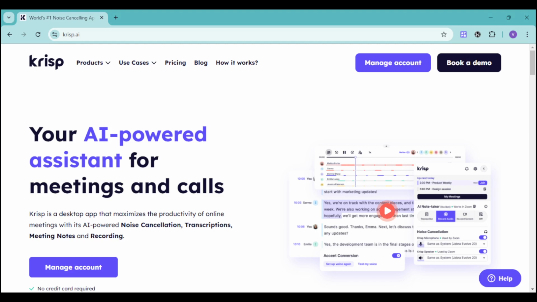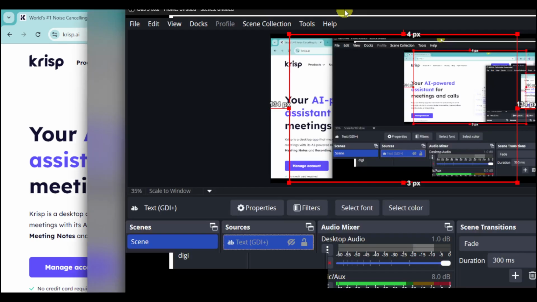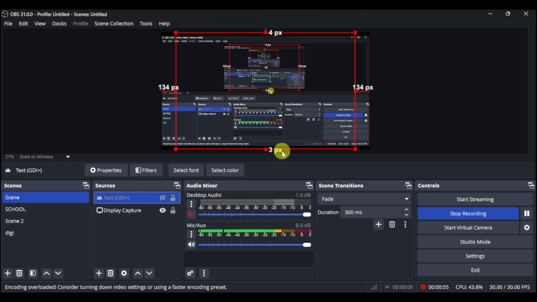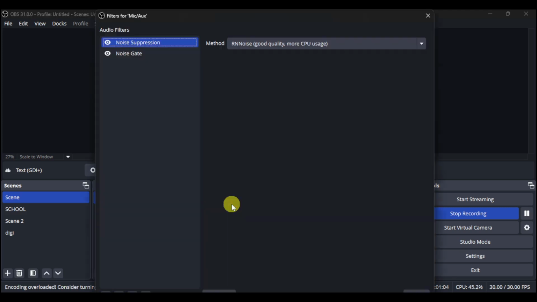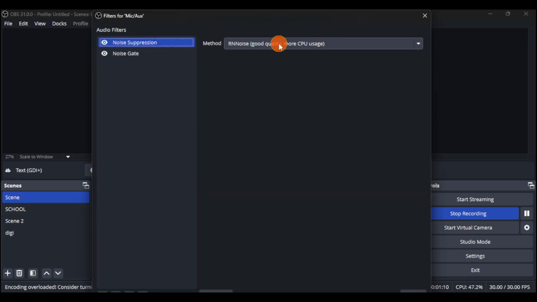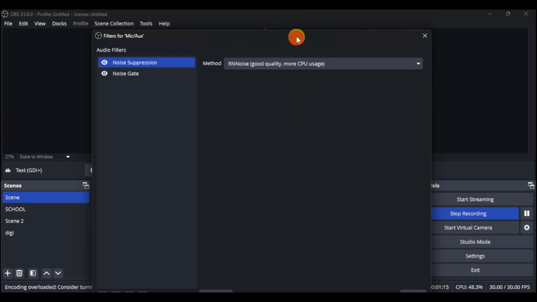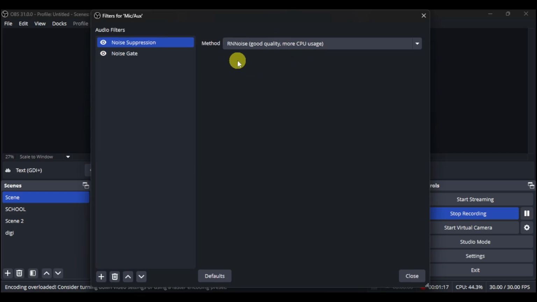Now, it also has other options. For example, if you're using a recording software just like this one, what we can do is we can head over and then go right here to the audio and we have in here the mic. So let's click onto this three dots right here and then click onto this filters. Now I recommend you to actually make sure that you have noise suppression and make sure that the method is RNNoise, which is good quality, and don't worry because of the CPU usage as long as it has good